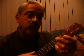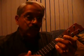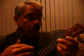Now, the key is to keep the beat regular. It's going to take you a while for beginners because you're going to be really busy trying to make the change. But what you want to do is you want to have a steady beat. So if you have to slow down, please do that, because when you start playing music, it doesn't slow down for you. Alright? 1 and 2 and 3 and 4 and 1 and 2 and 3 and 4